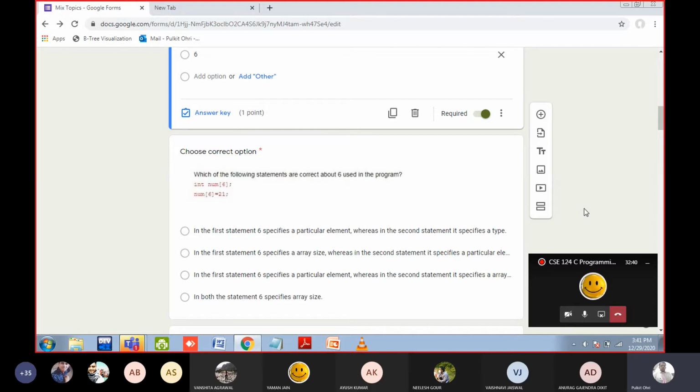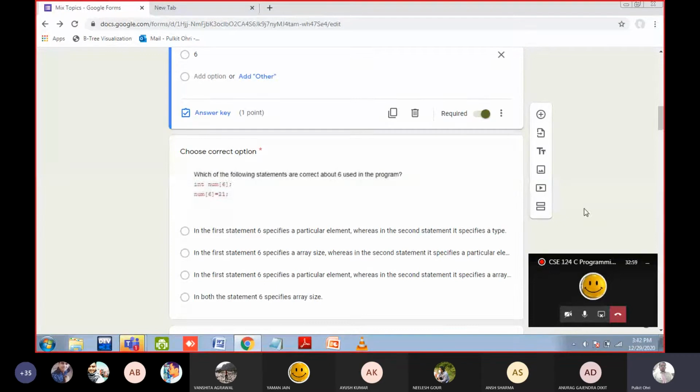Yes or no? Because the last location is 5, not 6. But no worry, here we are not asking about the error. We are just asking about what these particular lines are doing. If you write these particular lines, maybe you will get an error. Why? Because the last location is 5. But here in the answers, nothing is given about the error.